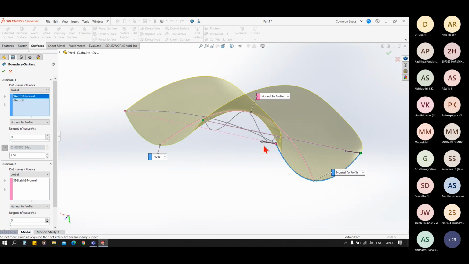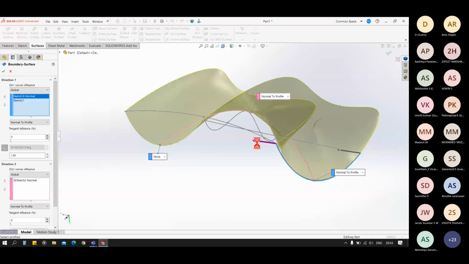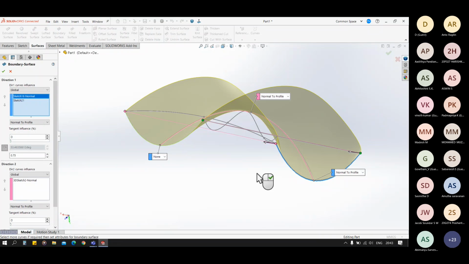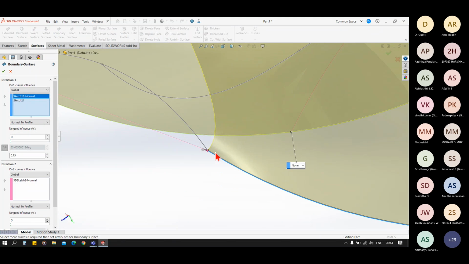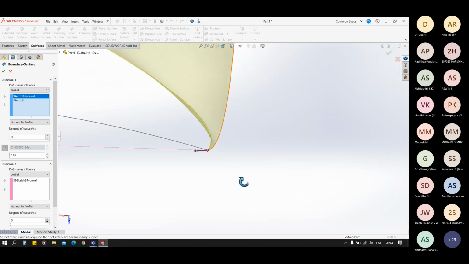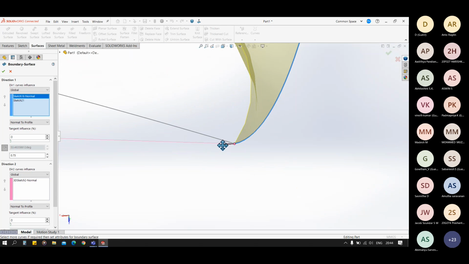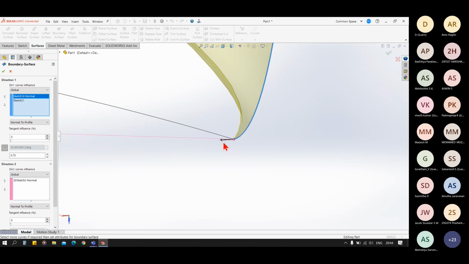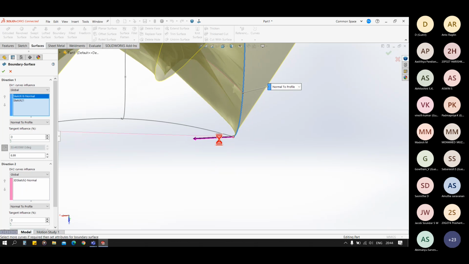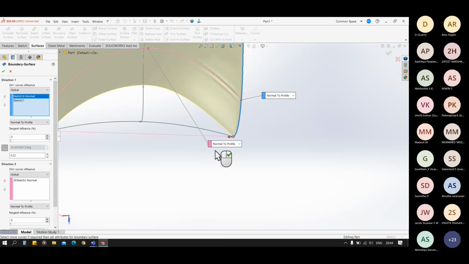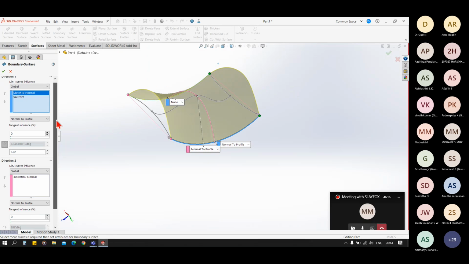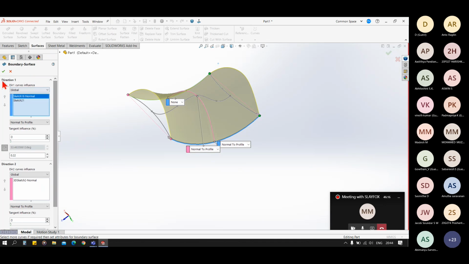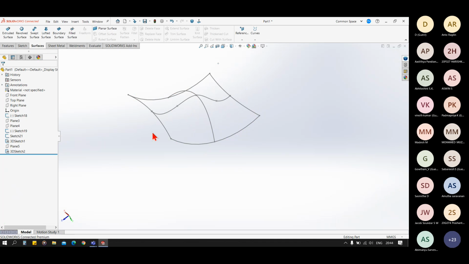You see, we can change the length of it to change the way of the profile. Actually, this is the tangent length. You see, when we increase the length of it, this curve becomes sharper. You see, it is becoming sharper. Okay, so in the boundary, you have a lot more control than the loft surface.